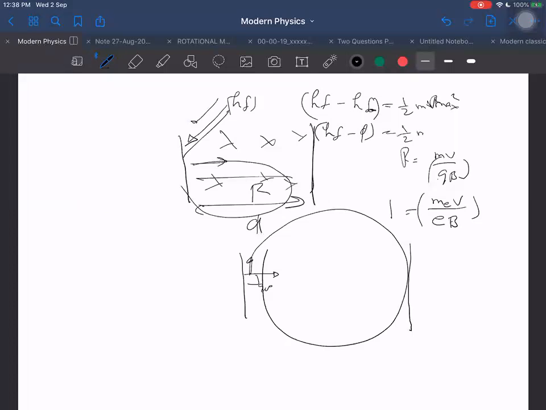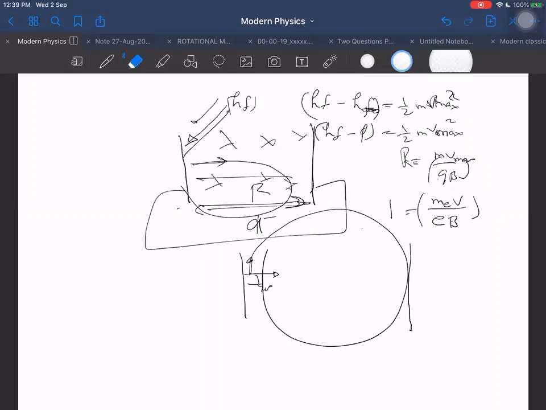So whether they give the work function or the threshold frequency, whatever they have given, we can find v max. After finding v max, we can get the maximum possible radius. And if the distance between the cathode and anode is greater than that, then the electrons will not be able to reach, and this photoelectric current will not be obtained. Even though they have the tendency to, the electrons could reach there, but now it is not possible in this case. Photoelectric emission is not possible.